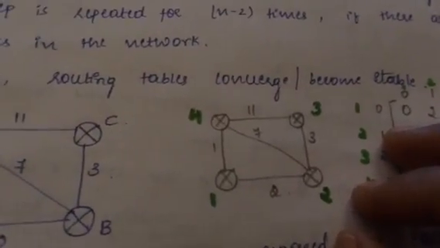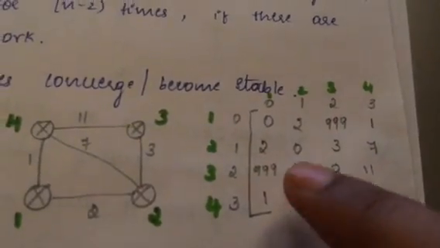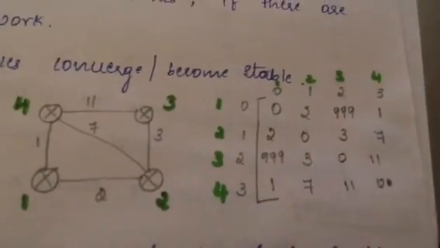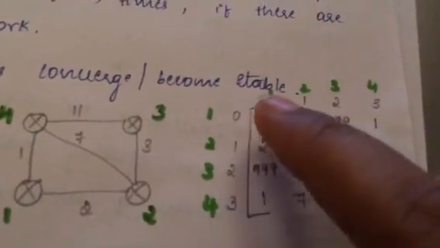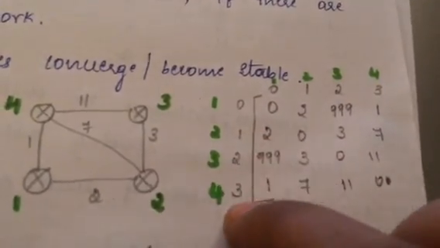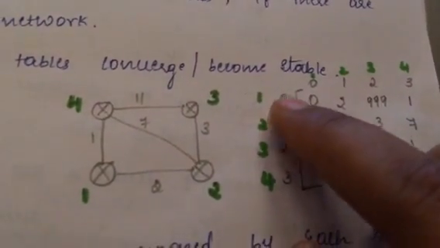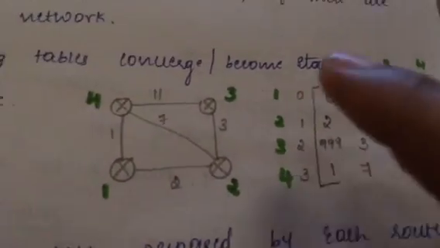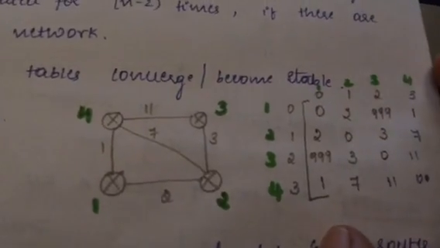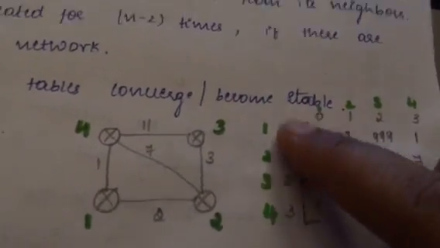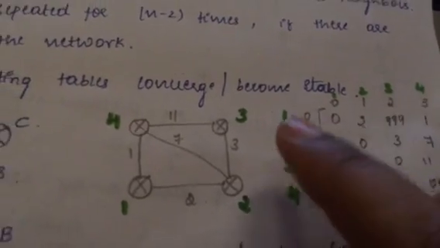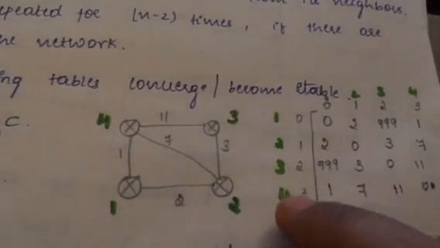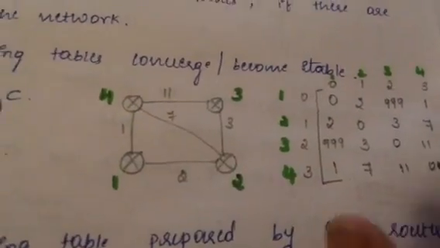Now you have to enter the cost matrix. How you are going to enter the cost matrix? Here we have defined a two-dimensional array in the program. We know that an array location starts from 0. So that's why I have taken here 0, 1, 2, 3, 0, 1, 2 and 3. What is the meaning of a 0 here? It is nothing but node 1, node 2, node 3 and node 4. Now the same way you have to write it here, node 1, node 2, node 3 and node 4. So this is for the array location that is starting from 0. So you can mark it here node 1, node 2, node 3 and node 4 since you have 4 nodes.